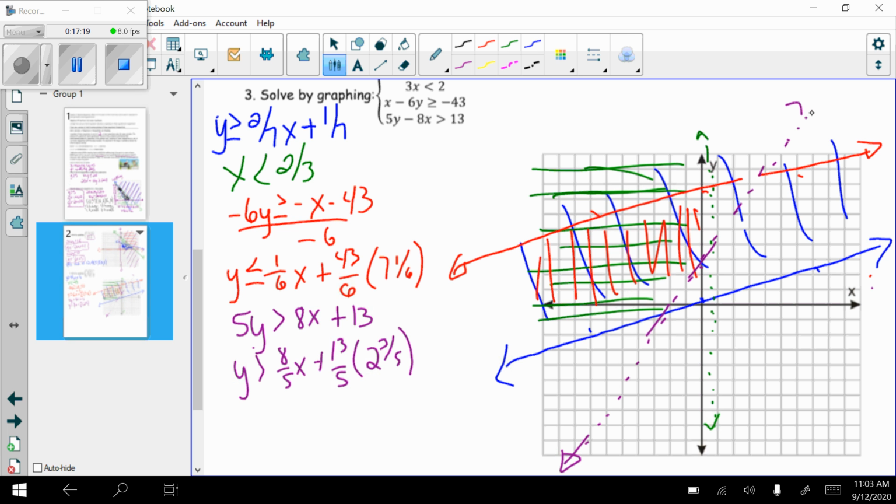And so again, if I'm only looking where it overlaps, it's this area in here. So this would be our big solution space. So possible answers that I have